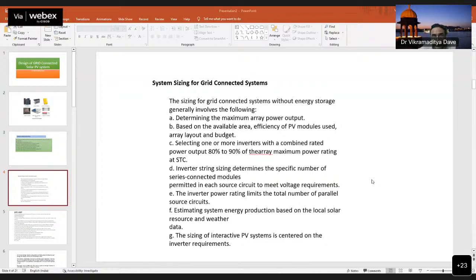Shadow free area. The area should be shadow free area. ठीक है, then you have to decide what is the efficiency of the PV module used. आपने monocrystalline लिया तो आपको 20% तक efficiency मिल सकती है, और अगर आपने polycrystalline लिया